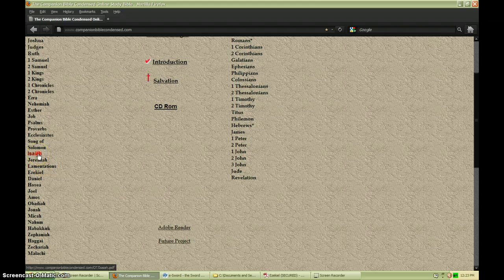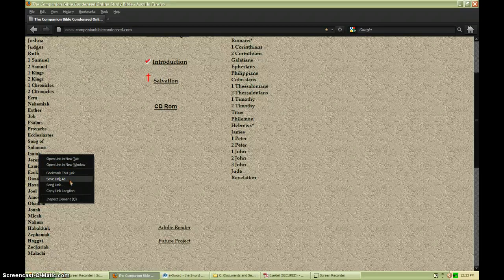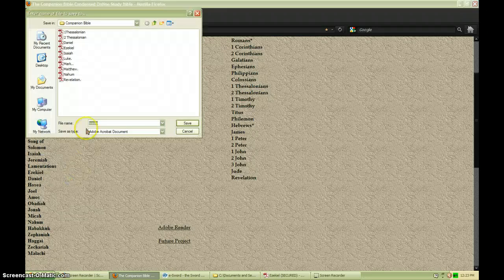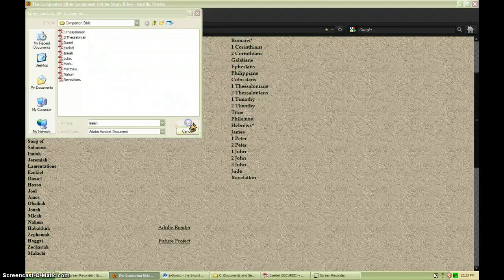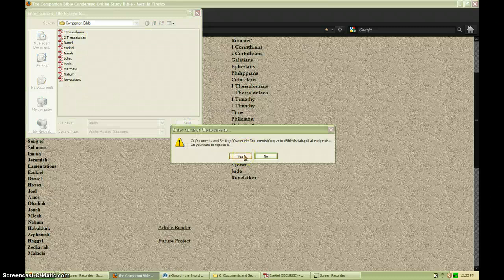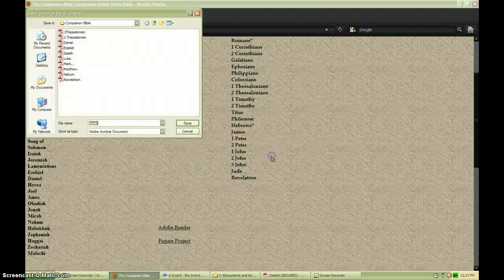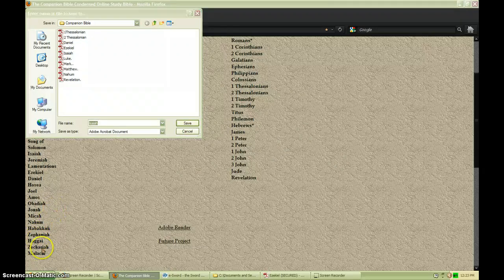So I don't believe I have Isaiah yet. So what I'm going to do is go Save Link As by right clicking. I'm going to go like this, and here are the books I do have. So I'm going to take Isaiah. Oh, I already do have Isaiah. So let me get one that I don't have. Let's go with